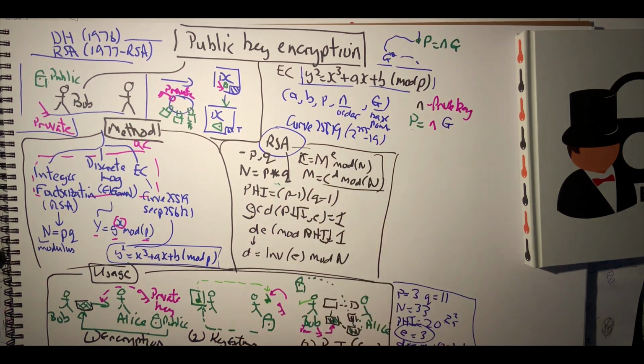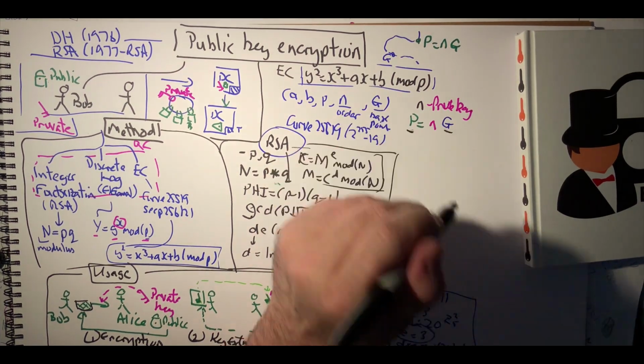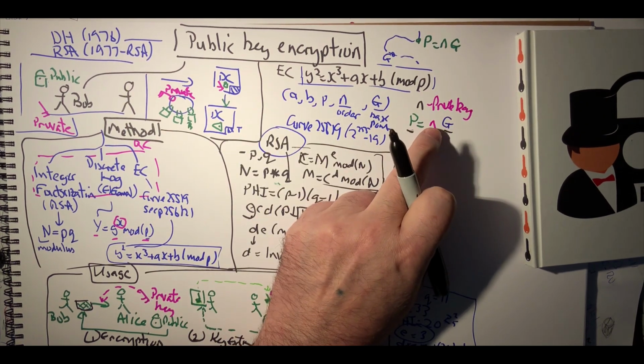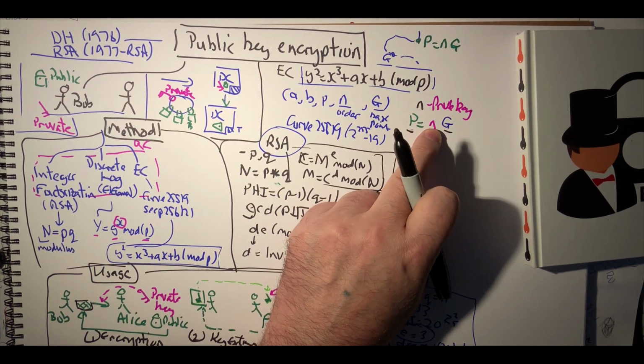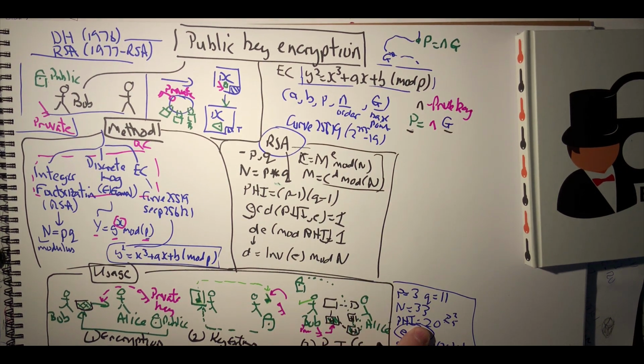So with this, anyone can know our public key, anyone can know our value of G, anyone can know the parameters here, but no one should know this private key. Only with this private key can we actually sign messages.